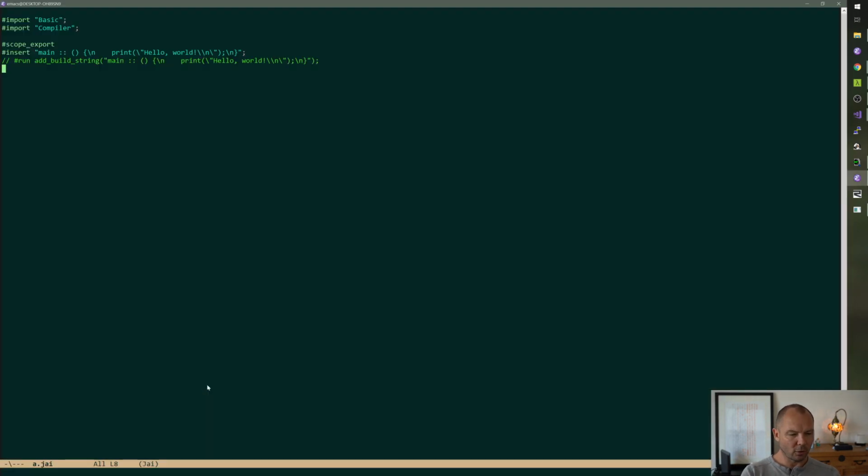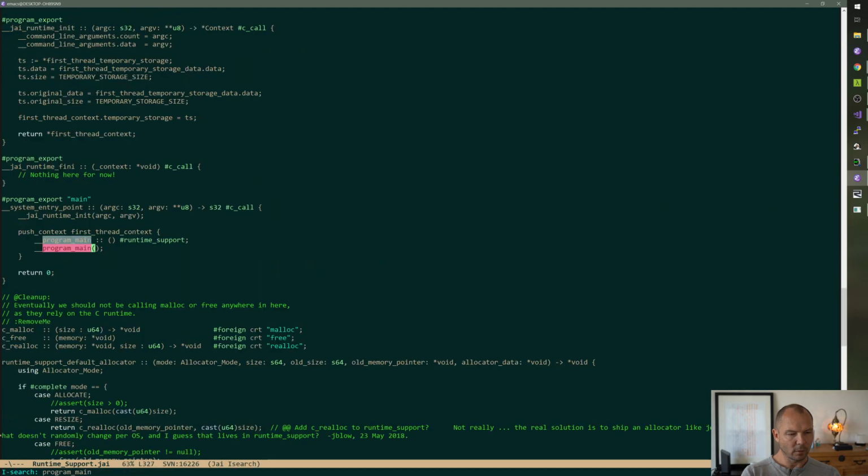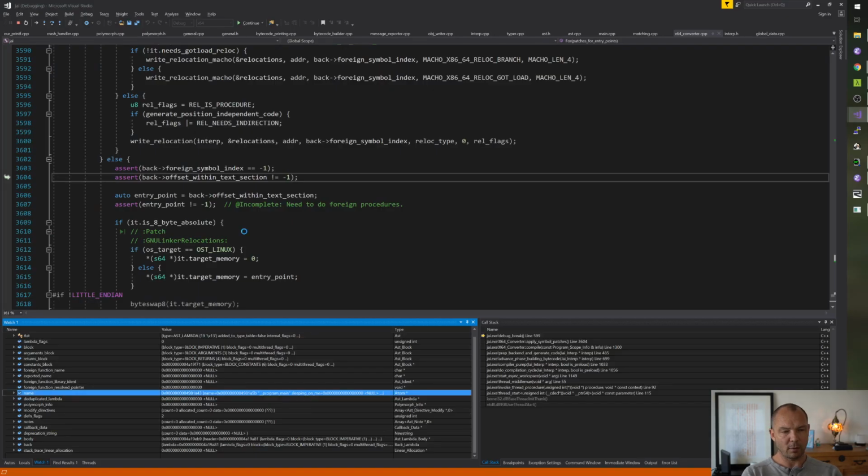See, here's the thing. Oops, this is in runtime support. This is supposed to get replaced when we find an entry point. And I bet that's not happening.